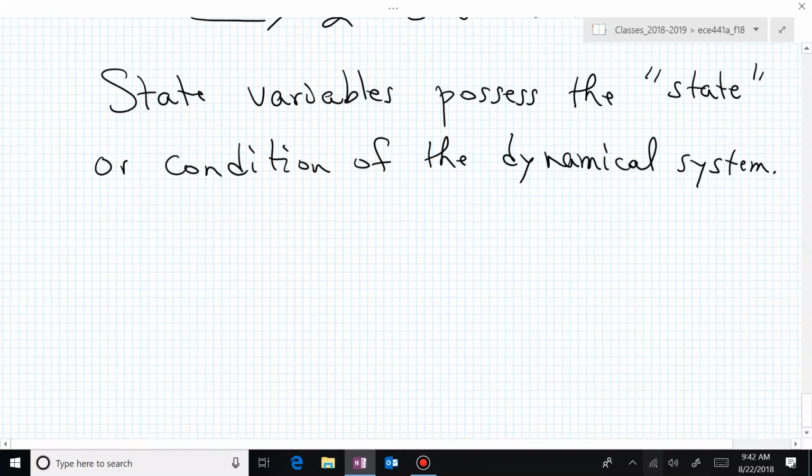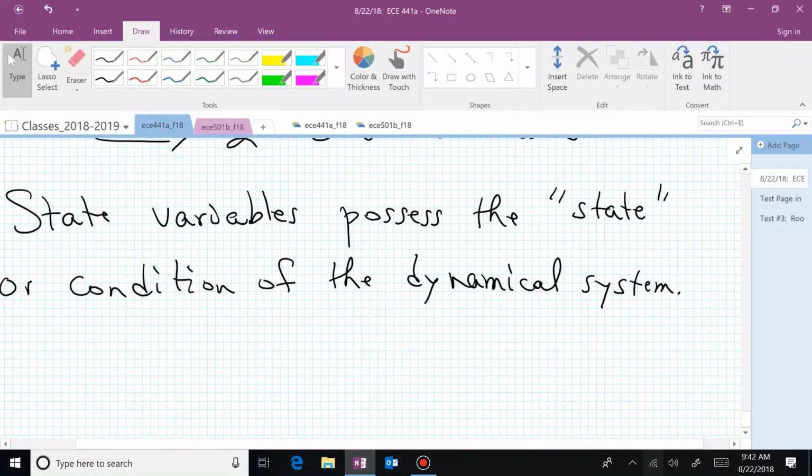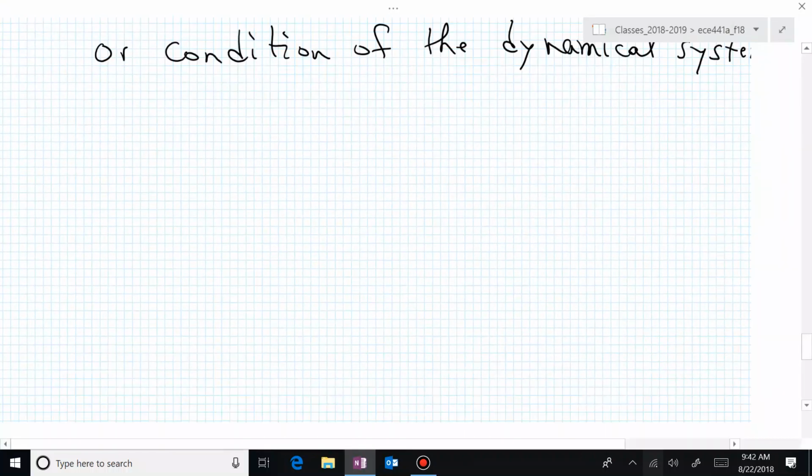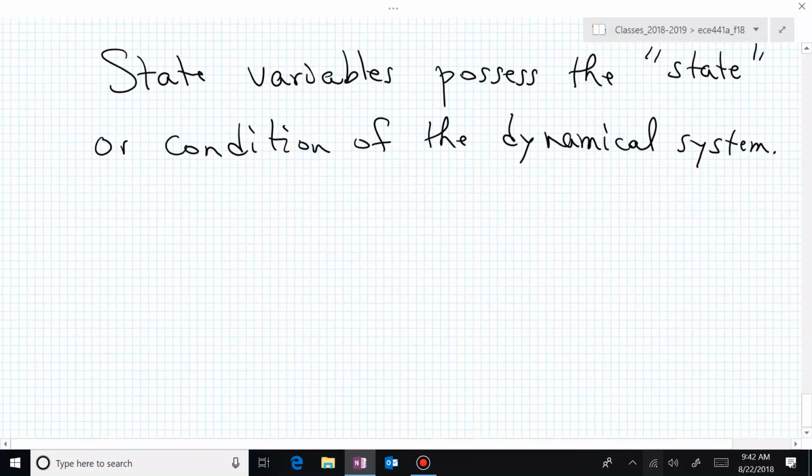And the idea behind these state variables is if we have the present and future inputs,